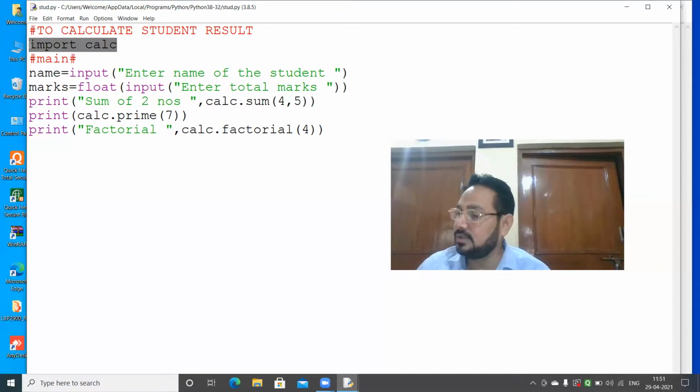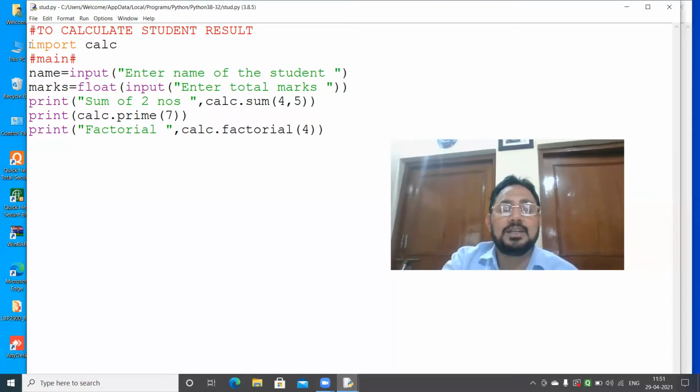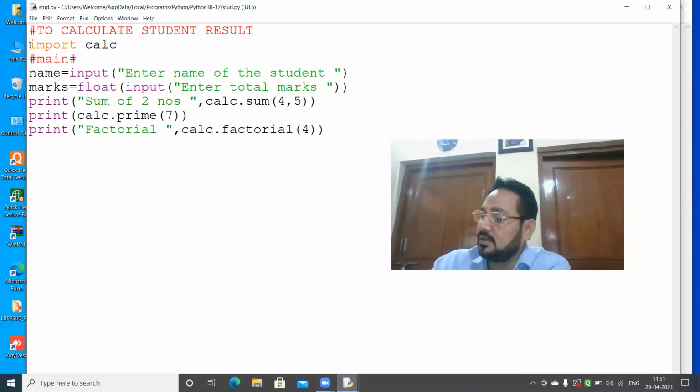Next one is importing selected objects from a module. In the next class again I will explain more about it. So here I am writing for selected objects. Write first: importing selected objects from a module. The first one is importing entire module, meaning all objects of the module are called here.